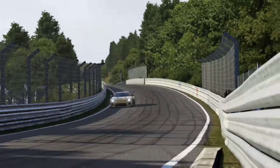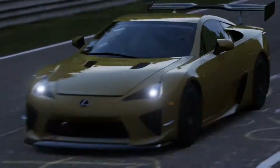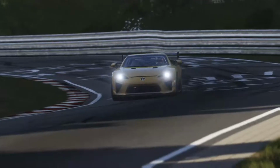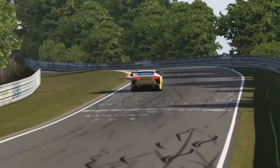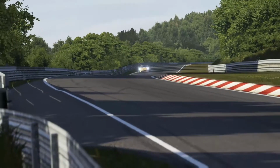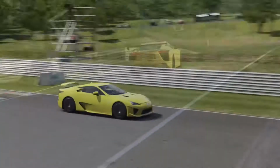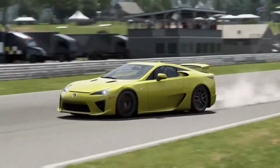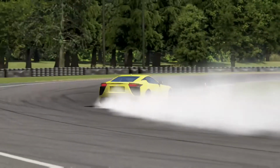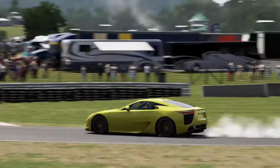So, what is their plan? Are they going to replace the LFA? No. There was a quote by one of the executives at Lexus saying the LFA is the pinnacle of their company, and they can reference it for over 20 years down the line. So we're not getting a replacement anytime soon, sadly. But we will get a successor